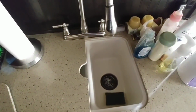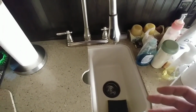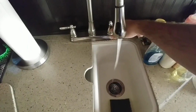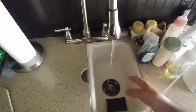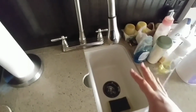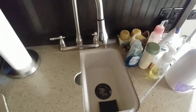Now, this next one's a little iffy on whether you should try to do it yourself or take it back to the dealership, depending on your level of expertise with the plumbing system as well as PEX connectors and the water pump. Basically, when we turn our water on right now, it's doing this little spurt and sputter thing where we don't have constant water flow. Now, it's fine in the bathroom, but over here near the sink area, it's been doing this for a short period of time. Generally, it fixes itself after a while,